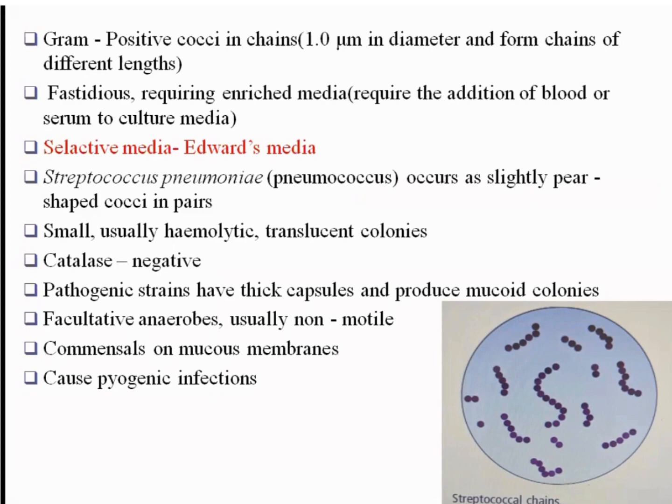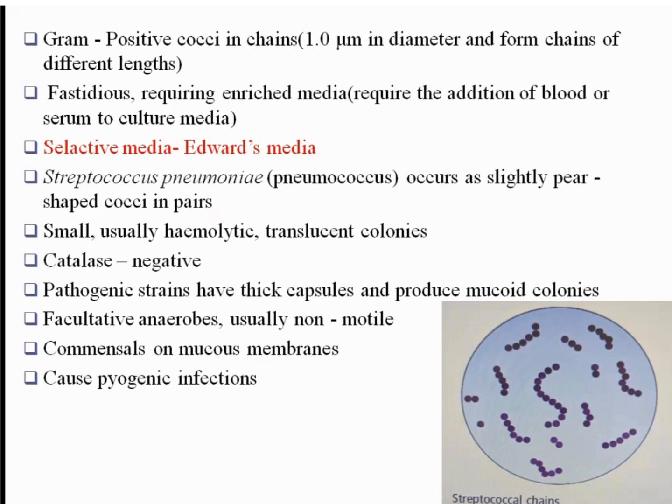The first feature of the streptococci is that they are gram-positive cocci in chains. Streptococci are gram-positive bacteria and are present as cocci in chains. Cocci means they are always present in a round shape and also present in chains. They are either two bacteria in a chain or many more bacteria attached to each other, and they form longer chains. The diameter of the cocci is 1 micrometer.